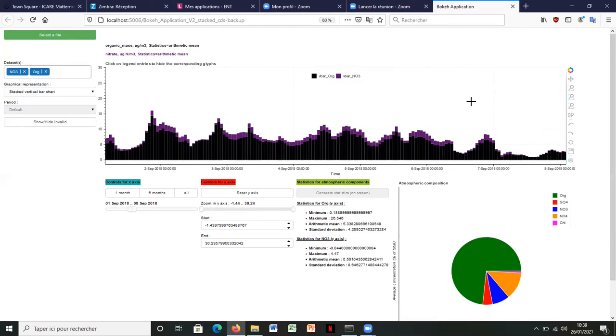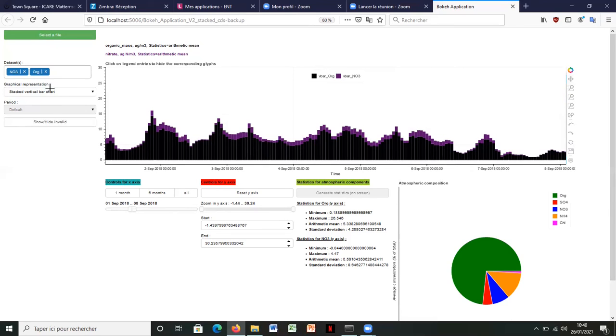Then I will show you how to use the toolbar attached to the figure. So this toolbar enables interaction with the figure. It provides 10 widgets, which are a pan tool, allowing the user to move over the figure using the mouse.